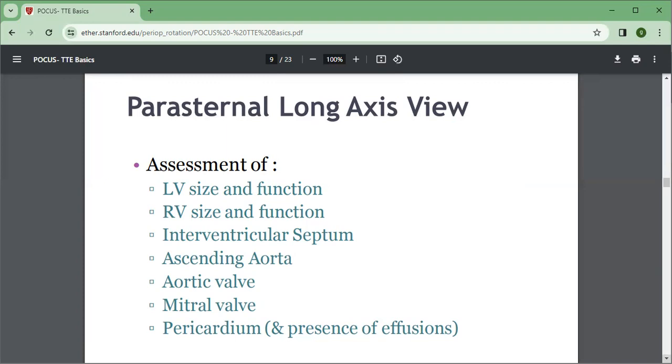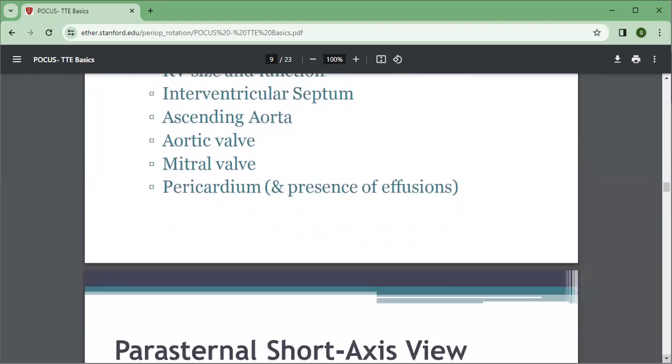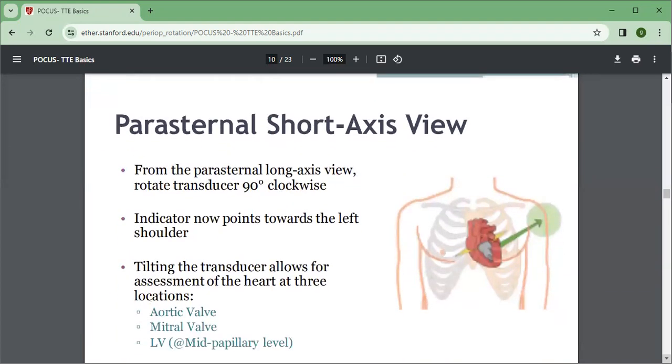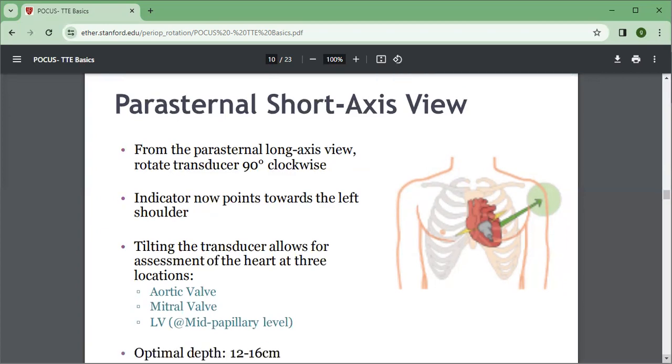Now let us look at the parasternal short axis. Still, your cursor is located at the fourth intercostal space on the left part of the sternum. Then you rotate it 90 degrees towards the right, towards the left shoulder. The moment you rotate it at that point, you are now on the short axis view